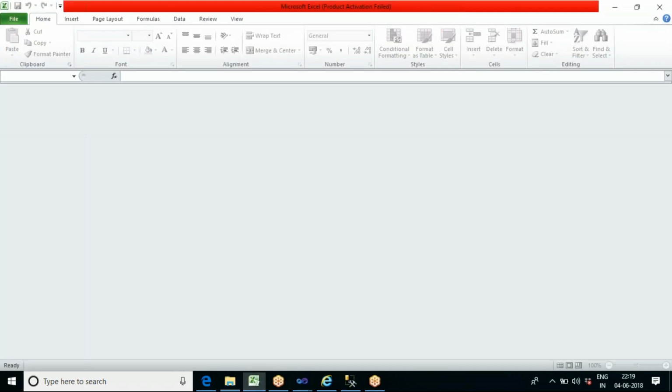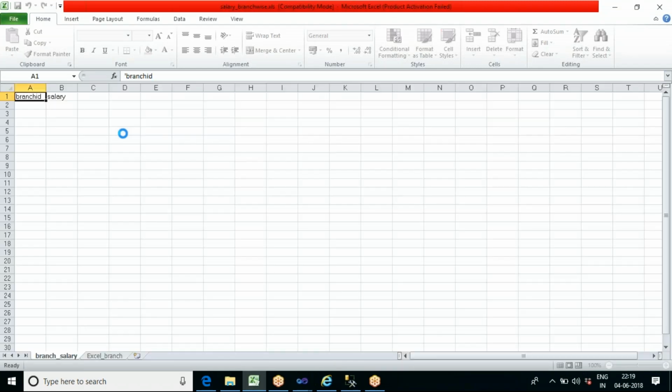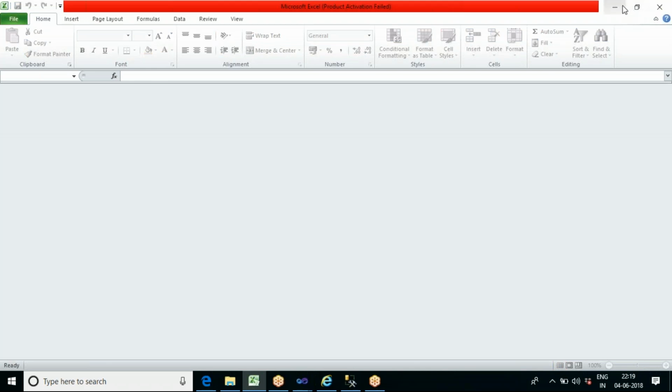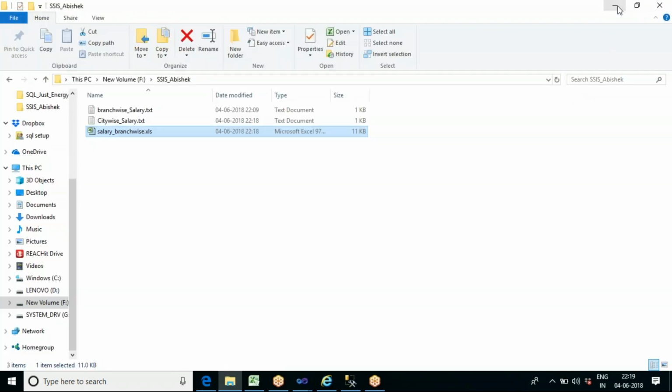You can see it will have maybe 2 Excel sheets. Let us see. So now you can see Excel underscore branch is there. This is the one we have created the second time and the data is pushed into this. So, understood.